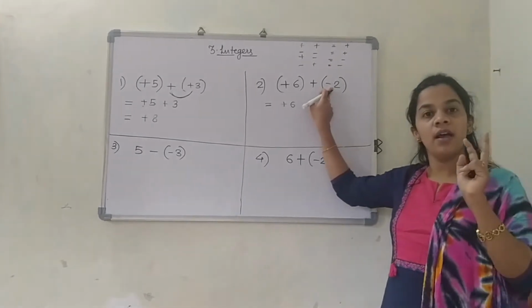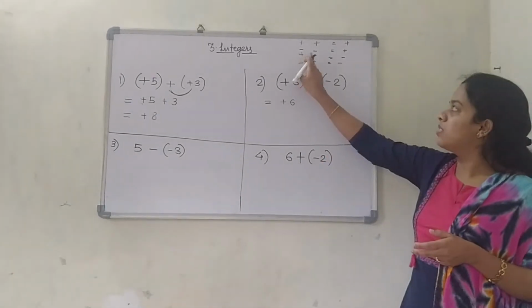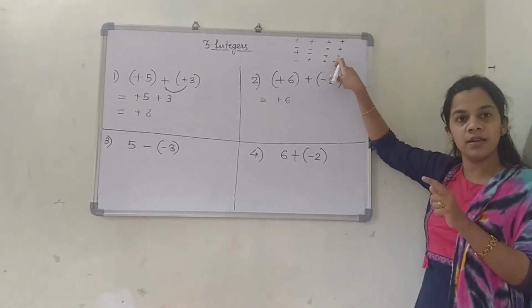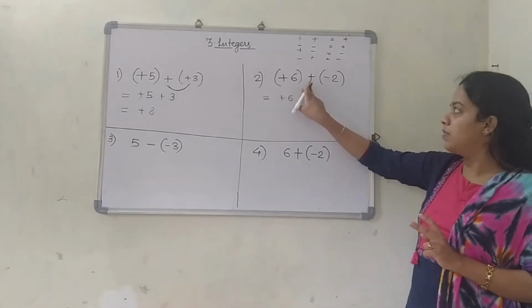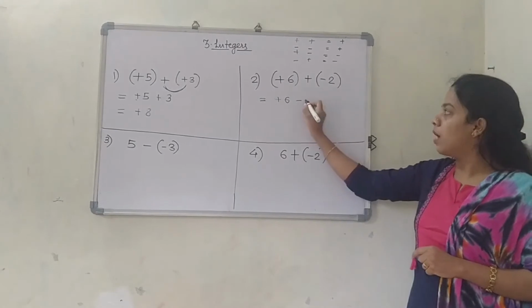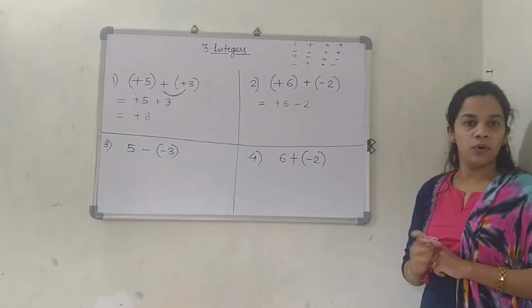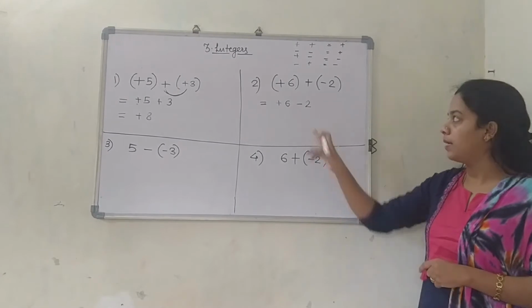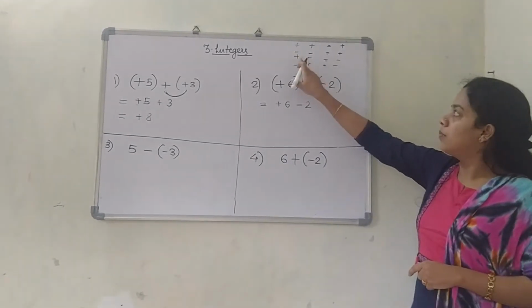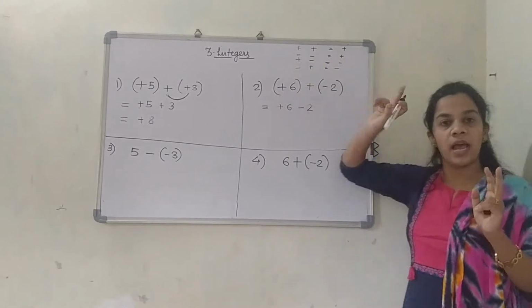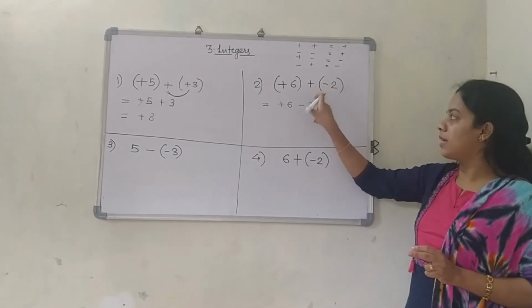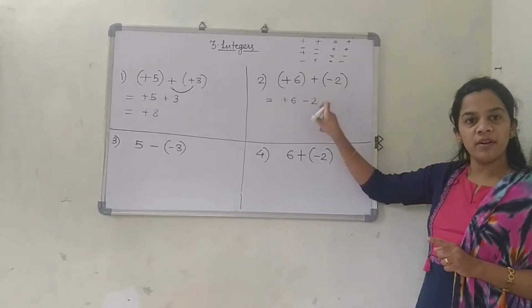When two signs are different, what will be the answer? Yes, it is going to be negative. So plus minus is minus. Instead of this plus minus, which sign will I write? Minus. And this 2 will come as it is over here. What I did, just see properly: this plus, this minus, as per the rule, 1 plus, 1 minus. When the signs are different, the answer will be minus. So instead of this plus and minus, I wrote minus. This 2 I have written down.